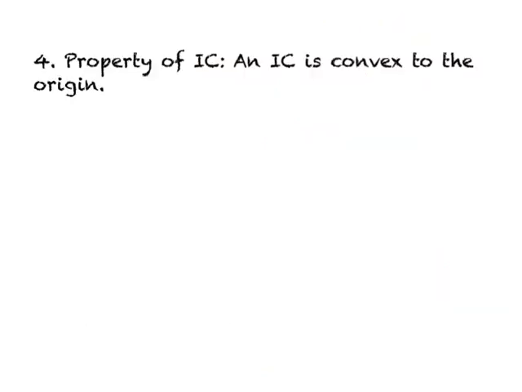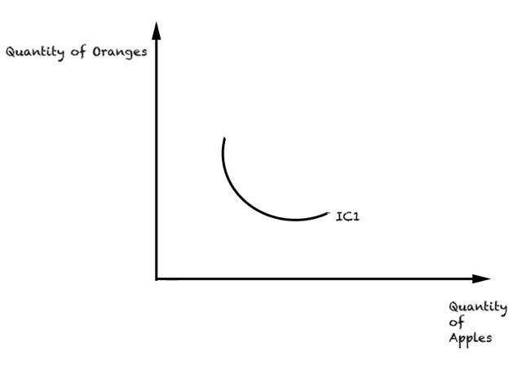The fourth property of an indifference curve is that it is convex to the origin. Now when we say that an indifference curve is convex to the origin, that means if you're looking from here, you can see this curve is convex to the origin. Now look at the following. What does convexity mean? Or to get this kind of a shape,